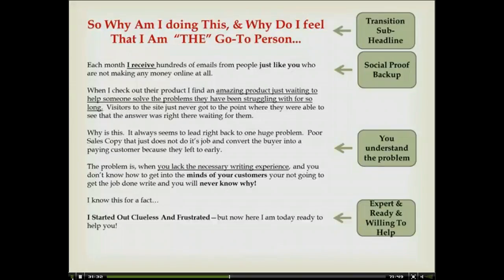I understand you've been struggling. They're getting visitors to the site, but the visitors just never got to the point where they were able to see that the answer was right there waiting for them. So when I looked at their sales page and their product, I found out that they had a great product, but people were not seeing that, and the reason is because of their sales copy. So why is this? It's always